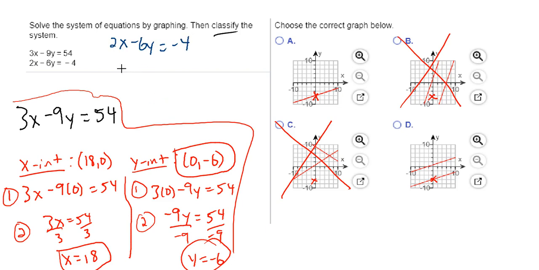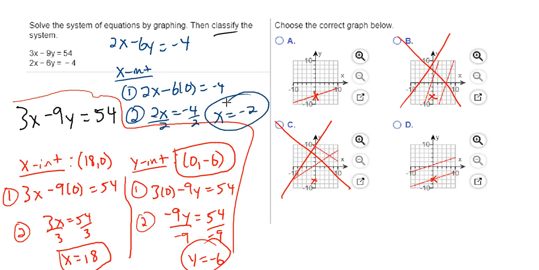So let's do the x-intercept first again, like we did in the last equation. We will have the first step, you set y equal to 0, so you have 2x minus 6 times 0 equals negative 4. That gives me 2x is equal to negative 4. You divide by 2 on both sides, you get x is equal to negative 2. That's different than x equals 18, right? So these do not have the same x-intercepts, which means it can't be the same line twice, which means A